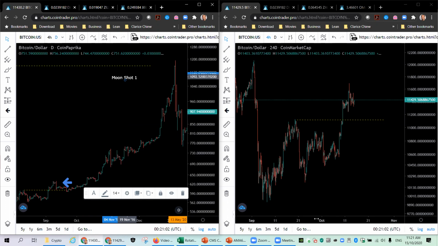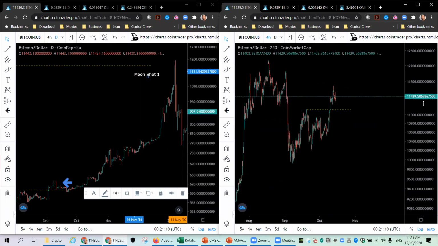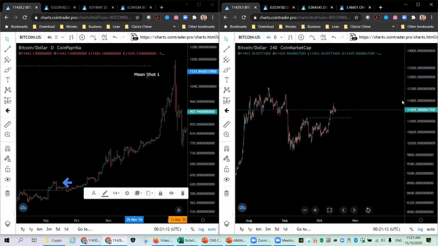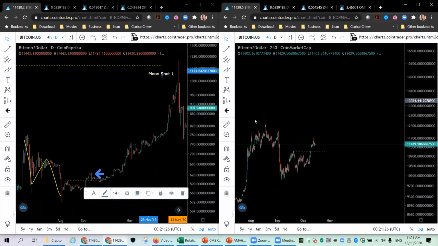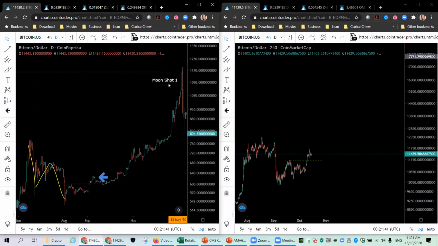Okay, so Moonshot 1 is being projected to be 20,000, from around 9,000. Yes, that will be the next target. Let's just try to frame this up. Yeah, so there you go. It would look something like this. So we are going up to what they call the all-time high, which is around 19,000, to do its Moonshot